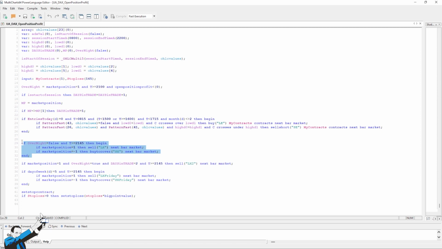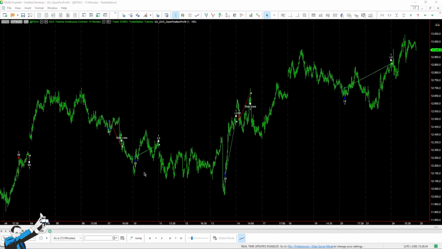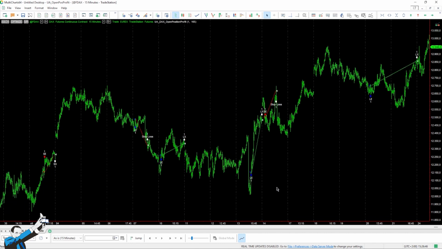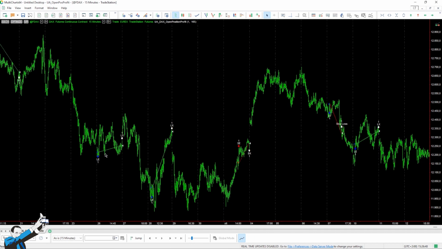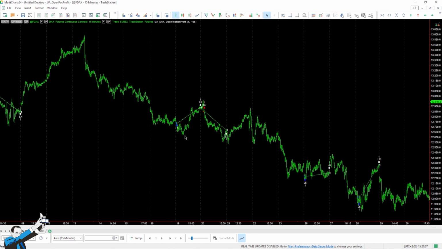On the other hand, if the overnight variable is false, then the trades will be closed intraday, and this applies to both the long and the short trades. And here is our strategy at work. As mentioned earlier, it will enter on false breakouts, so it's a strategy based on a reversal approach. However, the peculiarity in this case concerns the exits. You can see that all of these positive long trades are closed at the end of the day because the open position profit was positive at 9 p.m. when the check takes place. Consequently, it wasn't necessary to hold the position overnight, and we closed it at the end of the day.